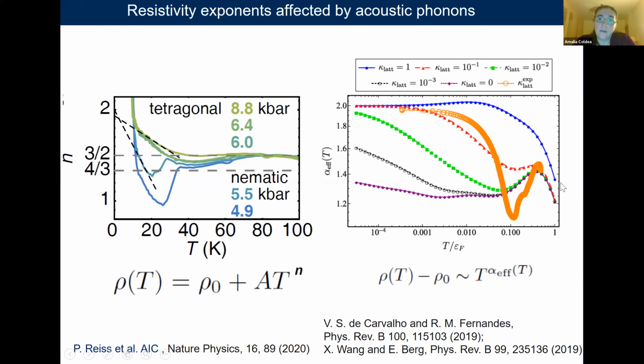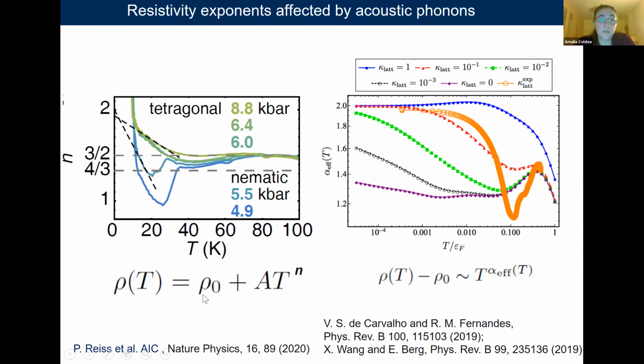As we cool down to low temperature, this exponent could vary from a value of 1.3 towards 2. And as a function of the coupling with the lattice, these exponents will change significantly and have a very strong temperature dependence. And if we look at our data under pressure, we extracted the